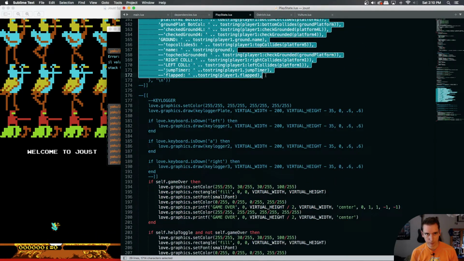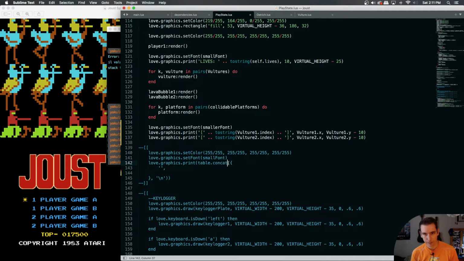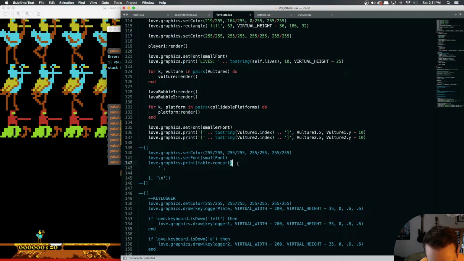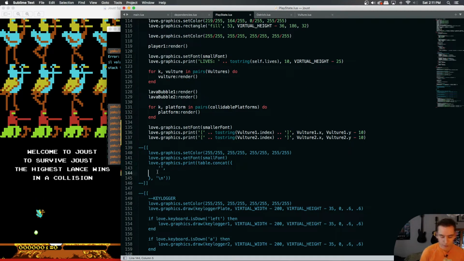I do like the table.concat. If you do love.graphics.print, it takes in a table.concat, and then that takes in a table of different things, and it takes in two things. It takes in this table here, and then it also takes in another value to concatenate. Basically, we're saying you put a new line at the end of every value in this graphics.print table, and then we don't have to do this